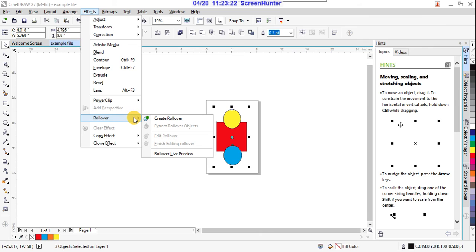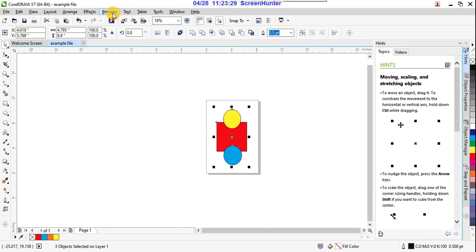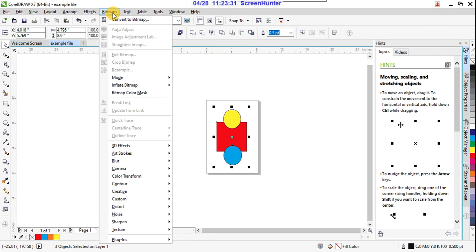And the rollovers, for buttons, creating web buttons and all. So we see all these things, right? And here the bitmaps. Yes, you can arrange, you can export here into the program, and you can control your bitmaps, like your images, right? Any image, your photographs, get into CorelDRAW, and here you convert this into bitmaps.